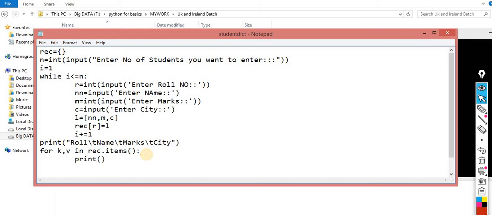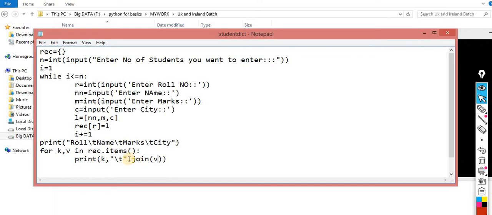So print k, and then print dot, I am taking very simple backslash t dot join. Dot join, and v is basically a list, and I am joining that list with the help of this tab.